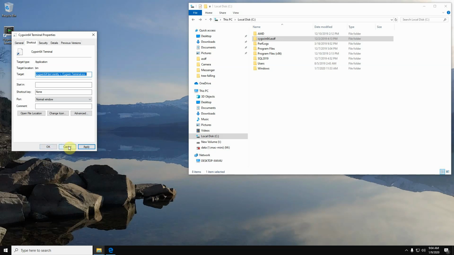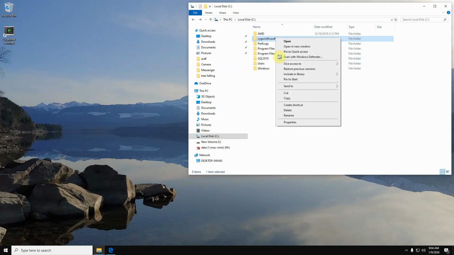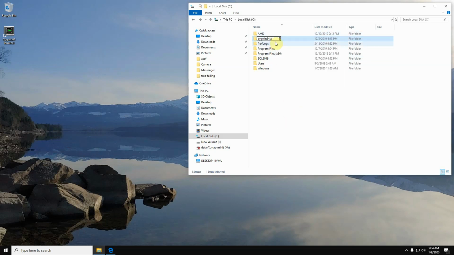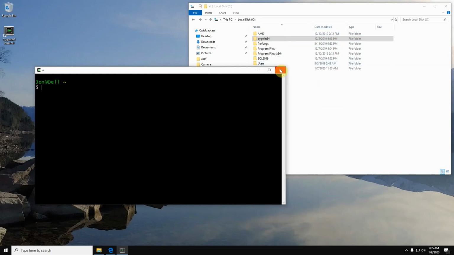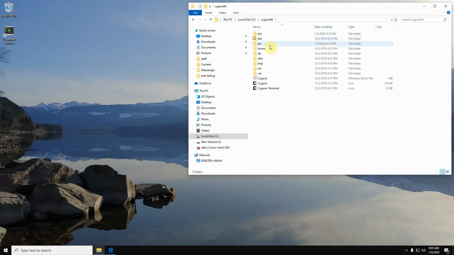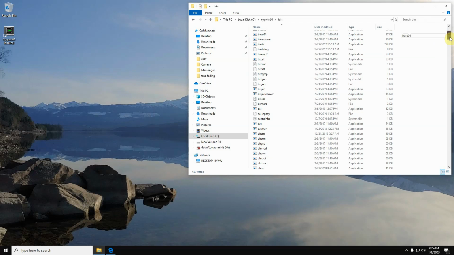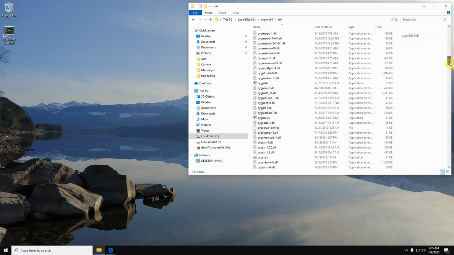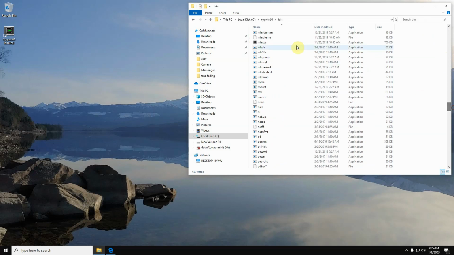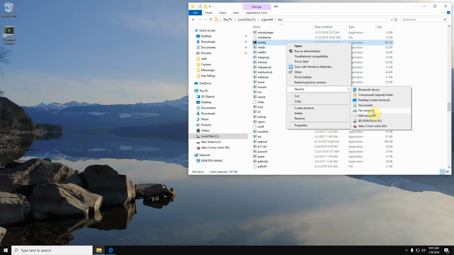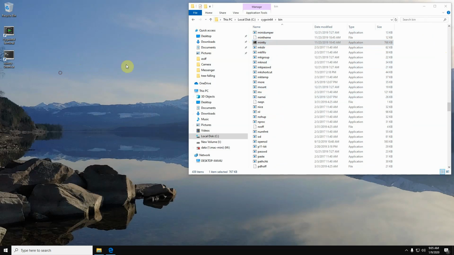So what we need to do is I'm going to rename this back. And you'll notice now, with that set correctly, I can launch Cygwin. We're going to find the min_tty program first. So we just go to the Cygwin 64 directory in the bin and scroll down to where you find min_tty. There it is. And then right click and do send to desktop, create shortcut. And then you notice now when we click on this,